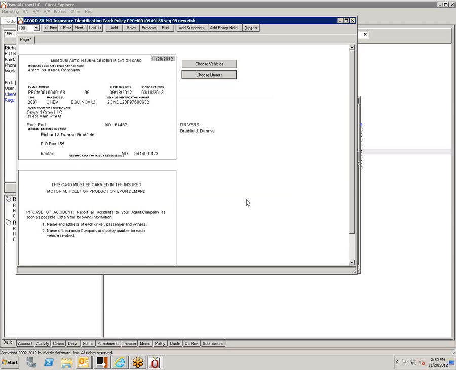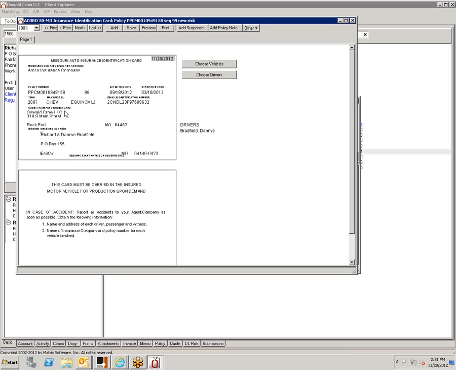You can edit anything on this by right-clicking. Just put your cursor on the name or the vehicle and change the text. You could also right-click and change it to the department address. Right-click again and revert to default.